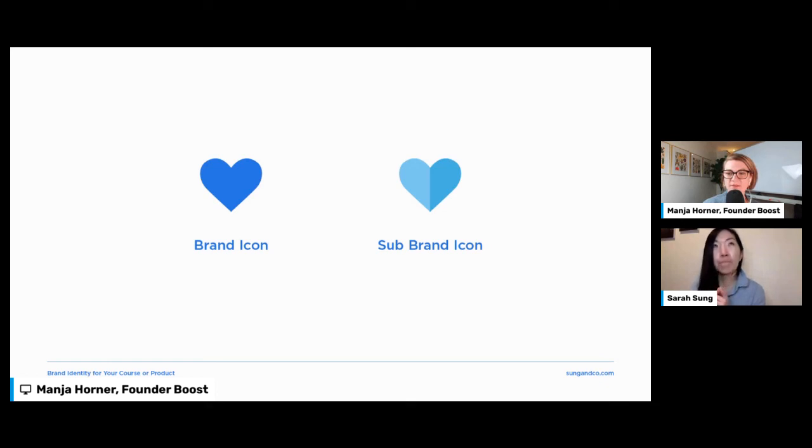I'm thinking maybe even of Apple, where the apple has changed. Sometimes they'll change color or they'll change the symbolism in it, depending on what they're doing. I feel like there are some big brands that do this, and it's super subtle. I'm sorry, I'm on the spot, so I'm like, oh my gosh, my brain is